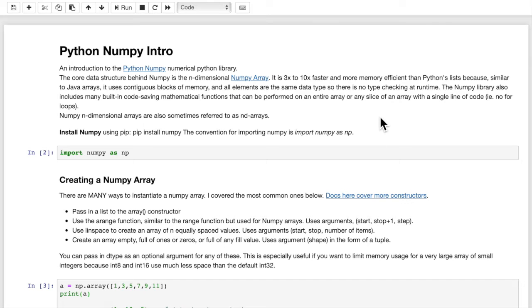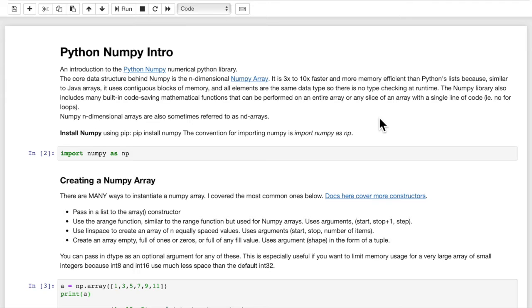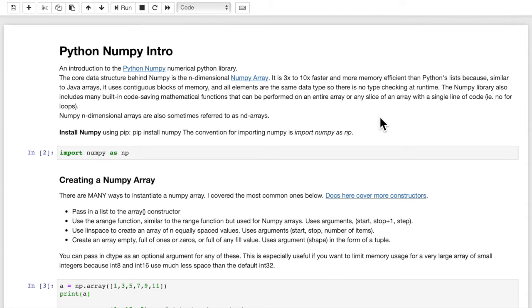Hi, I'm Joe James, and in this video we're going to learn how to use Python NumPy. NumPy is Python's numerical Python library, and it lets you do math functions and statistical functions. It also has a really awesome built-in multi-dimensional array data structure that it's based on. So we'll learn how to use the NumPy array, and I'll tell you it's a lot faster than using Python